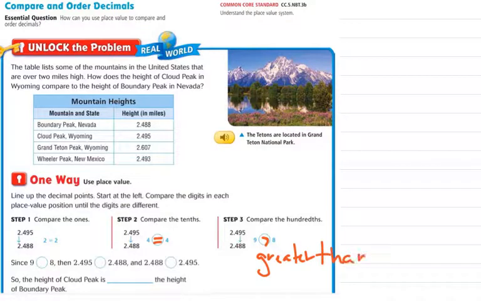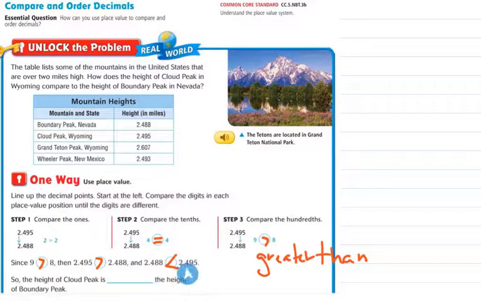8. So since 9 is greater than 8, boys and girls, then the decimal 2 and 495 thousandths is greater than the decimal 2 and 488 thousandths. And then when we compare these last two, boys and girls, we would say that 2 and 488 thousandths is less than